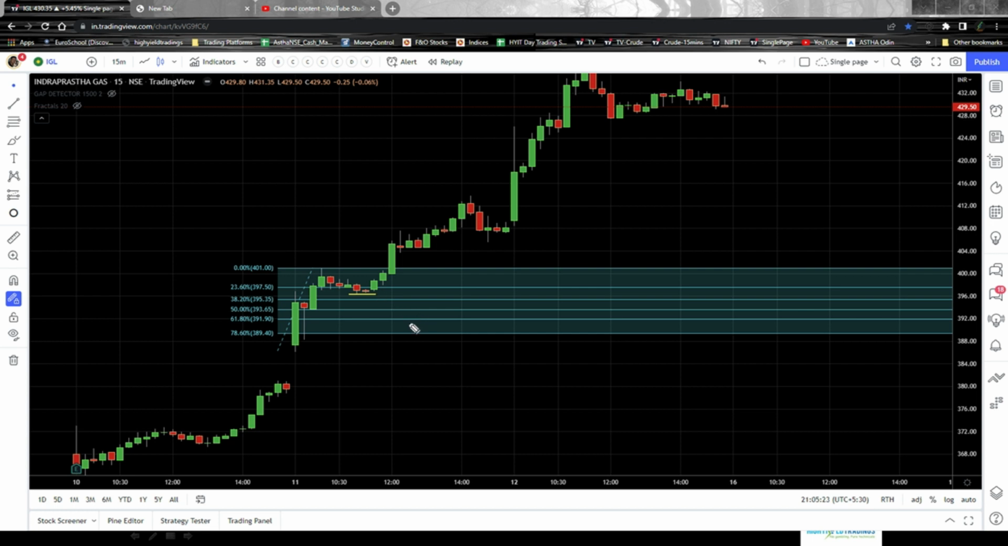So your entry will be after this candle closes. So take a buy entry here and set a target for yourself. In this case, the target will be quite low because the recent swing high is this. So your target should normally be this. So in this trade, your target is quite low, but that should not be bothering you because you are in